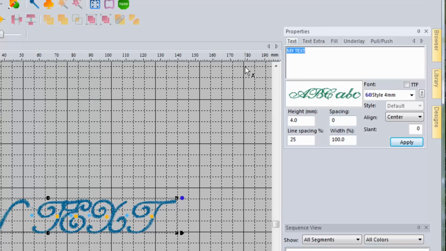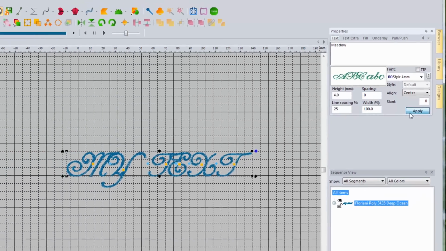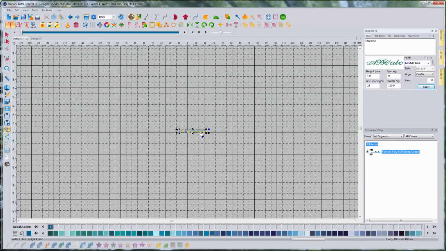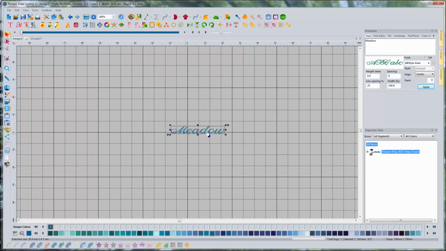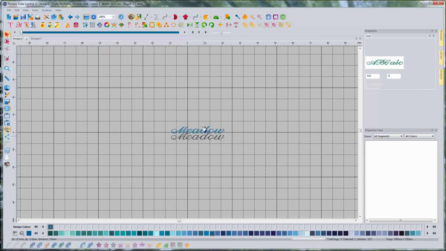Okay, I'm going to do the same thing. Start with capital letter M for Meadow, hit apply. All right, and see how tiny this is? Look at this. This is so small, and that will sew out legibly. But we're going to take this, we're going to copy it, right-click, copy, right-click, paste. Same deal. Drag this one down, mirror image it,